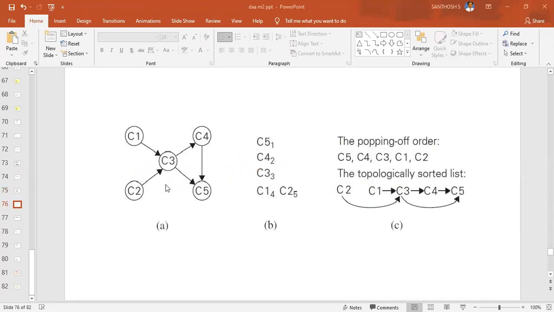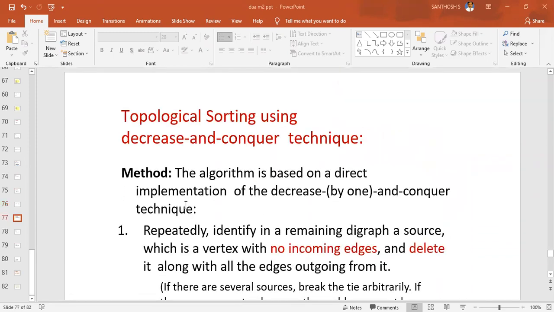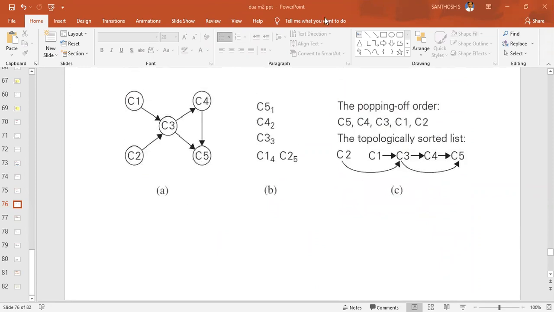Now for this particular example, first choose the node which has no outgoing edge.